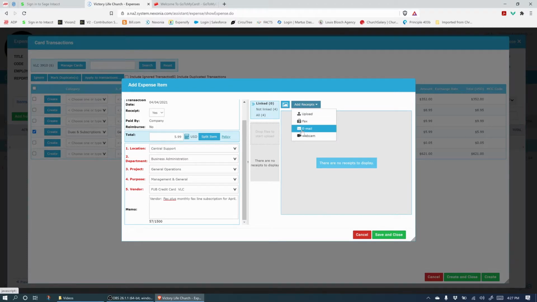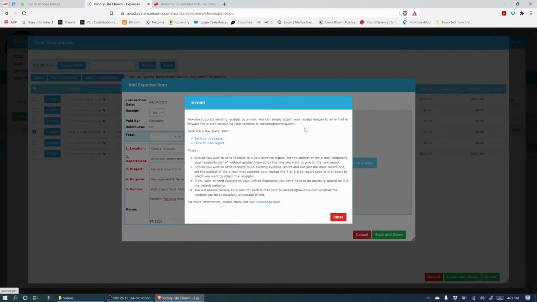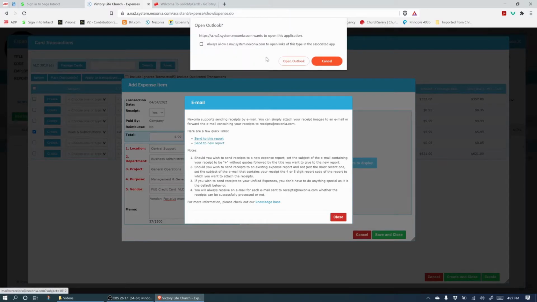So this could also be a common method. If you click email, it's going to give you some instructions. The easiest thing to do is there's two options that are blue hyperlinks. One says send to this report, and one says send to new report. You'll want to do send to this report, and it'll ask you if you want to use your default email